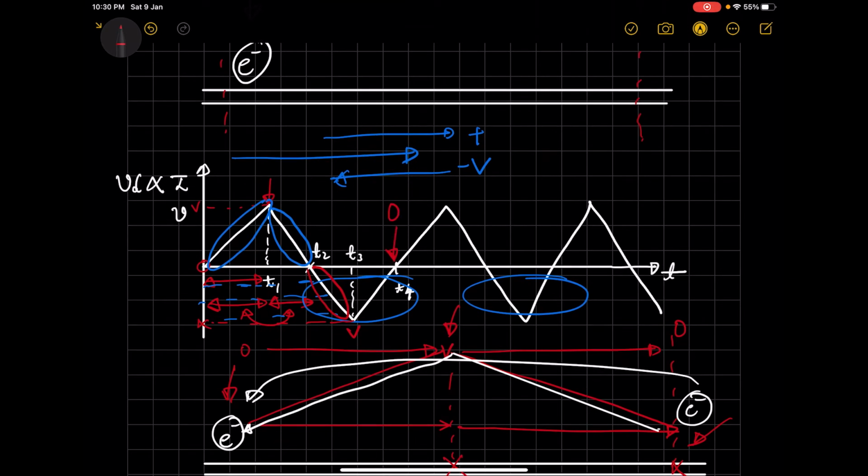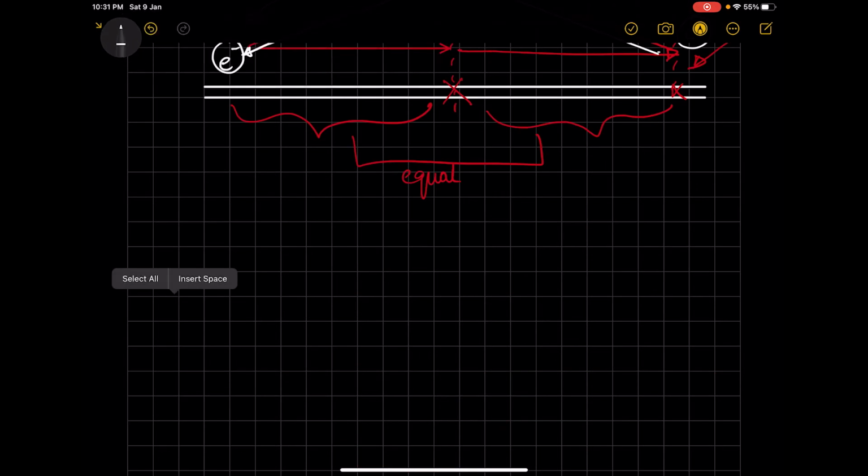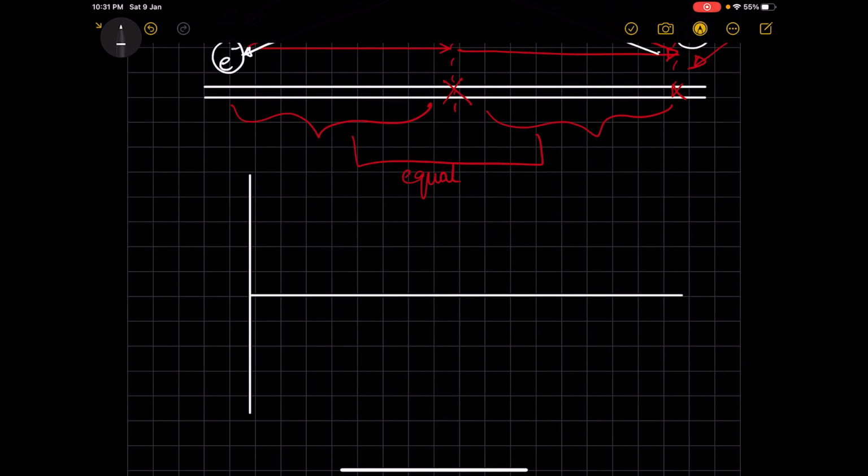So if you carefully observe in an AC signal, the waveform below the x-axis determines how the electrons move in the opposite direction, and the waveform above the x-axis shows how the electrons move in the forward direction. And in this case, since both of them are same, electrons move similarly in both the directions. Now let's take a different example where the waveforms are not same, so that you'll understand the example better.